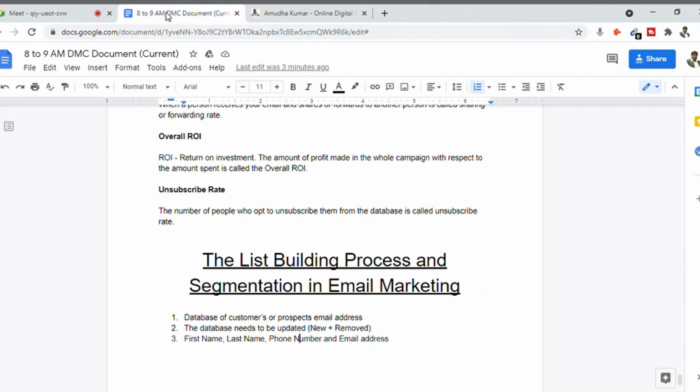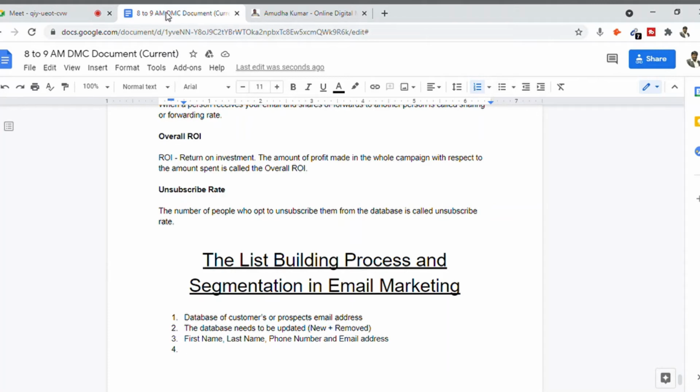Now, once I have this database, I have to increase the visitors coming to my website on a consistent basis. Then automatically I will have a huge database. After collecting this database, whenever you send email to the people in your database, you will have an option to unsubscribe.